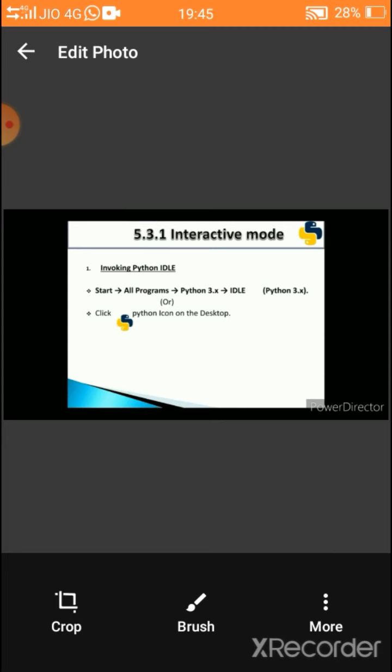First, we have to go to Start, then click All Programs. Python 3.x version will appear. Through this, we have to click IDLE. The expansion of IDLE is Integrated Development Learning Environment. After that, we'll get the icon like this on the desktop. Click it for interactive mode.